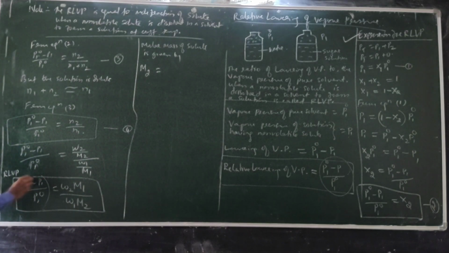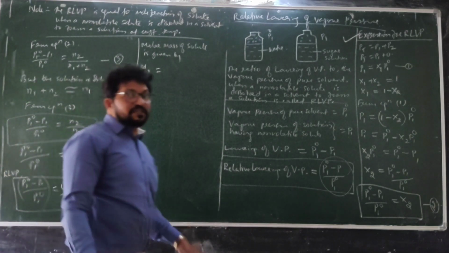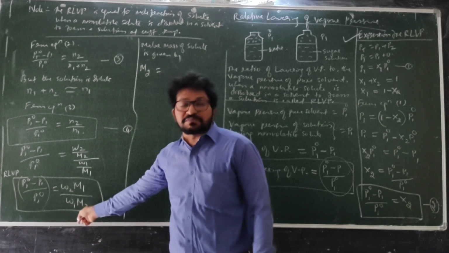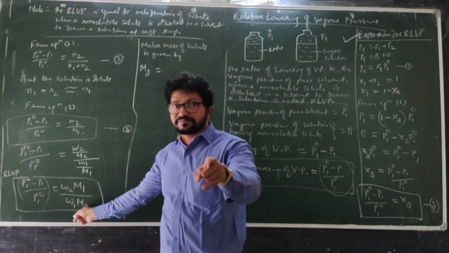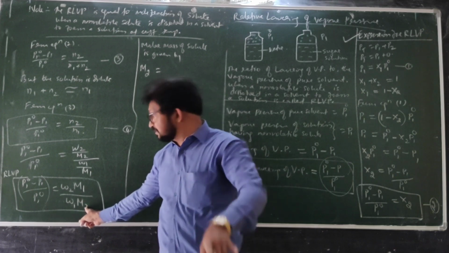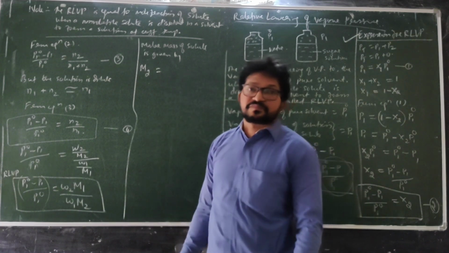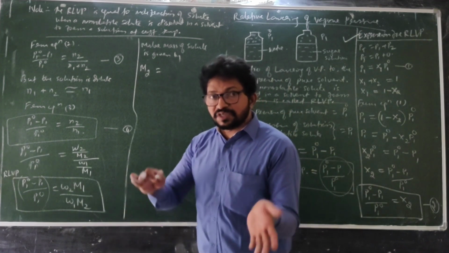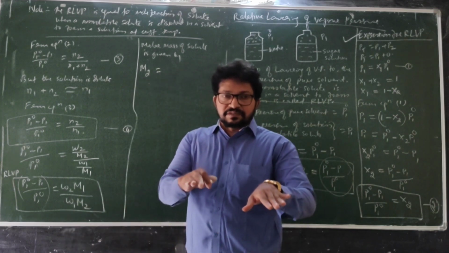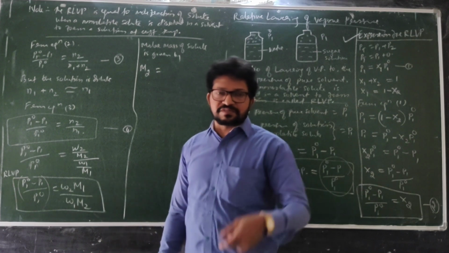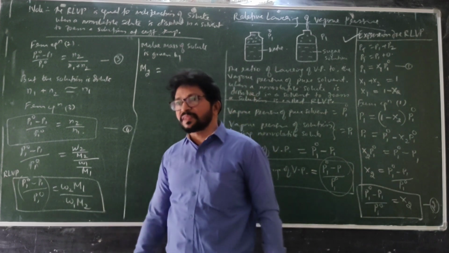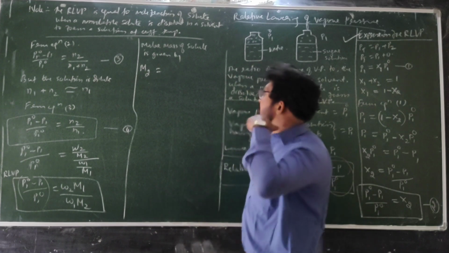So one very important thing you have to notice. All colligative properties, not only this, including this, are reciprocal with molar mass. Molar mass is in the denominator, remember. As molar mass of solute increases, colligative property decreases. Try to understand. Compare two solutes, taking 10 gram, 10 gram. The one which has more molar mass has less colligative property because it is in the denominator.